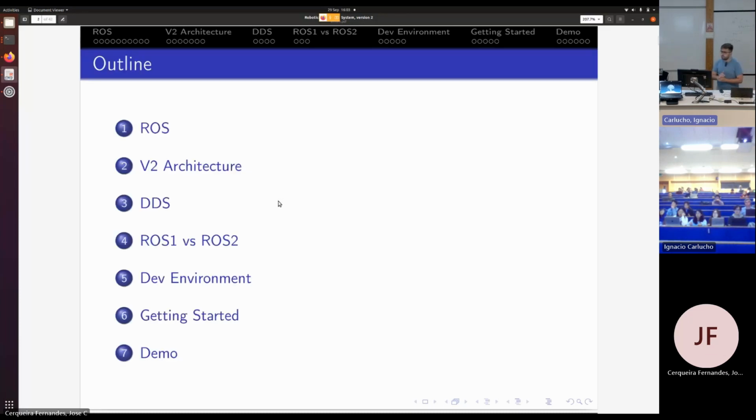So, just a brief outline. I'll go through the history and the initial architecture of ROS. I'll then talk about version 2. One of the really good components of version 2 is the data distribution system. After that, I'll be comparing ROS1 and ROS2. Following that, I'll be showing you the development environment